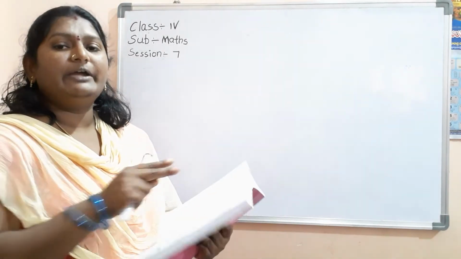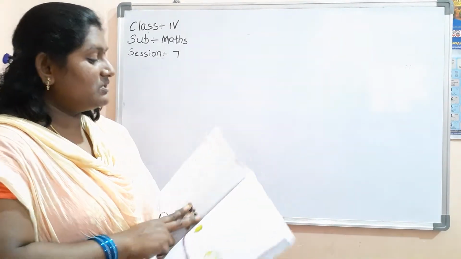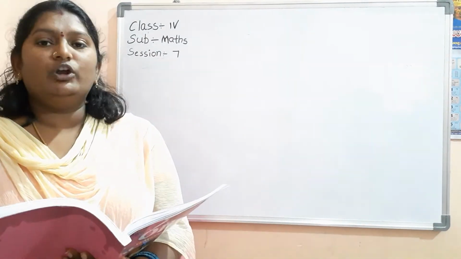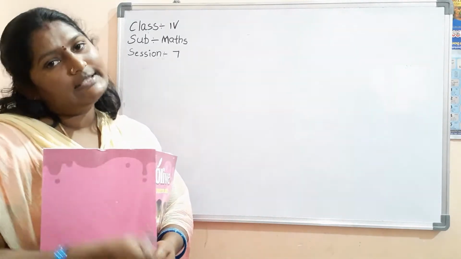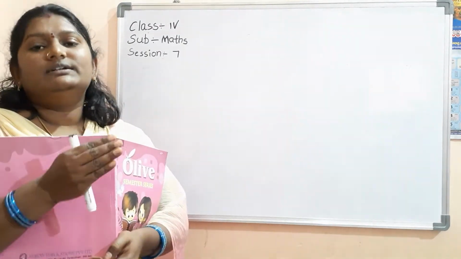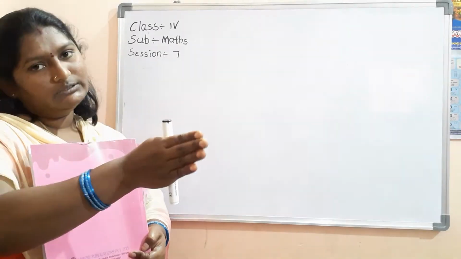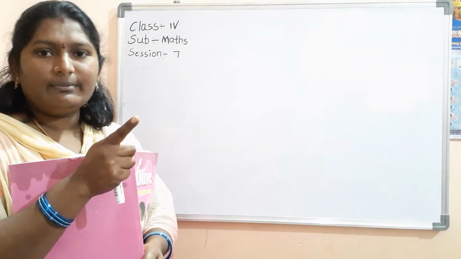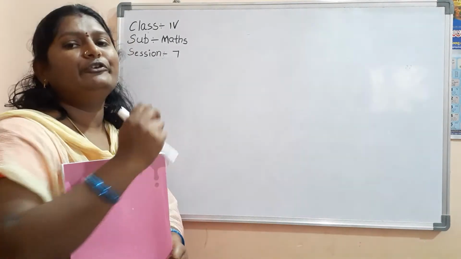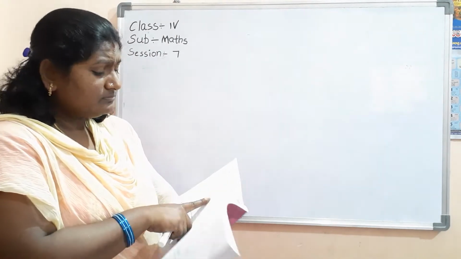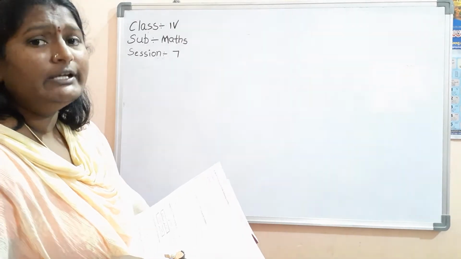So, in the page number 80, fourth bit. What is this children? Write the successor of the following numbers. Already before class I am telling you, whenever we start our textbook, I already told successor means after number. Predecessor means before number. I told na? How do you remember? Successor means after number. Predecessor means before number. So, they are asking here, write the successor of the following numbers.